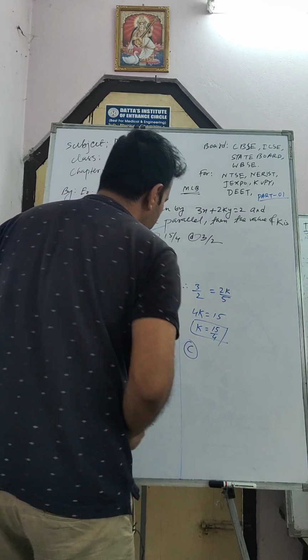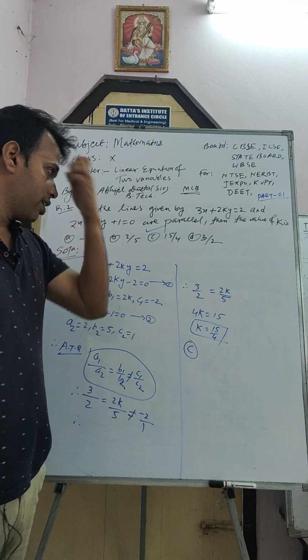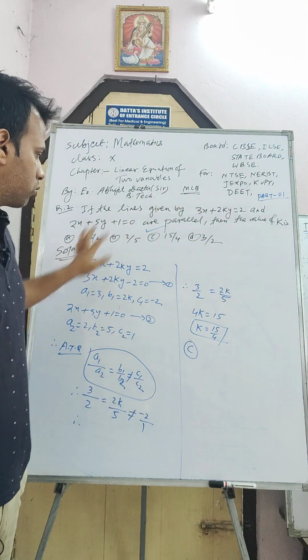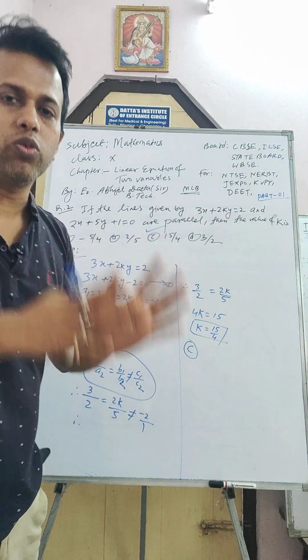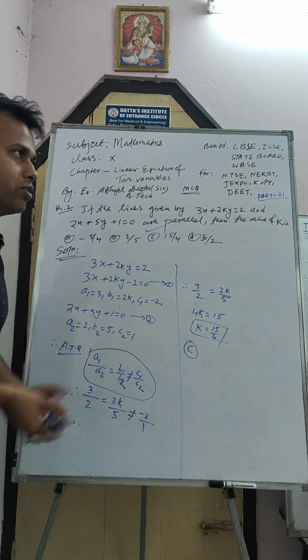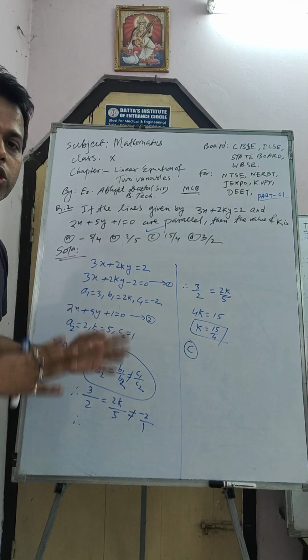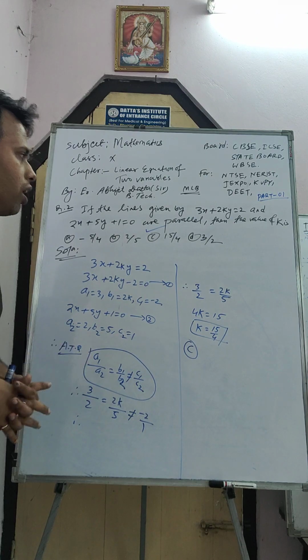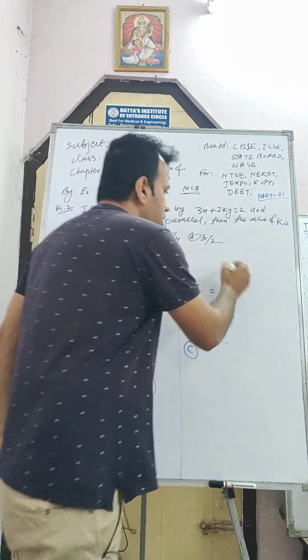So what I am doing here, let me explain in short. There are two straight lines given. I write the first straight line and try to find a1, b1, c1, that is the coefficients. Okay, and I write the second equation. Here also I try to find a2, b2, c2, that is the coefficients of the second straight line. Now I use the condition. Parallel means two straight lines never intersect.